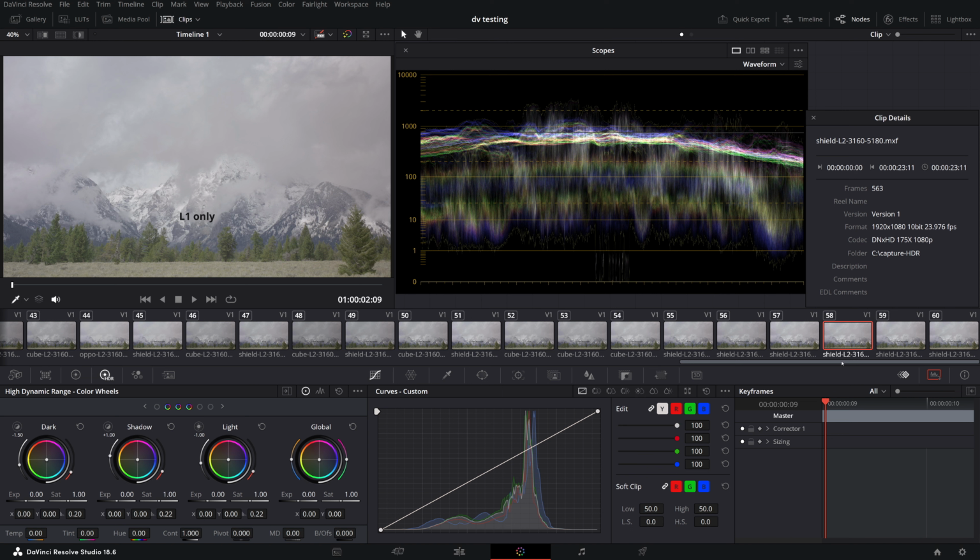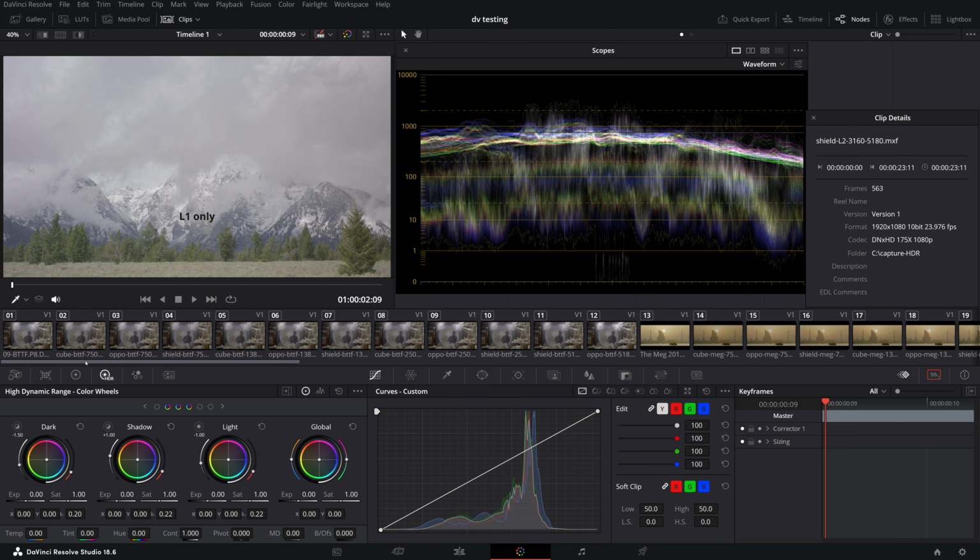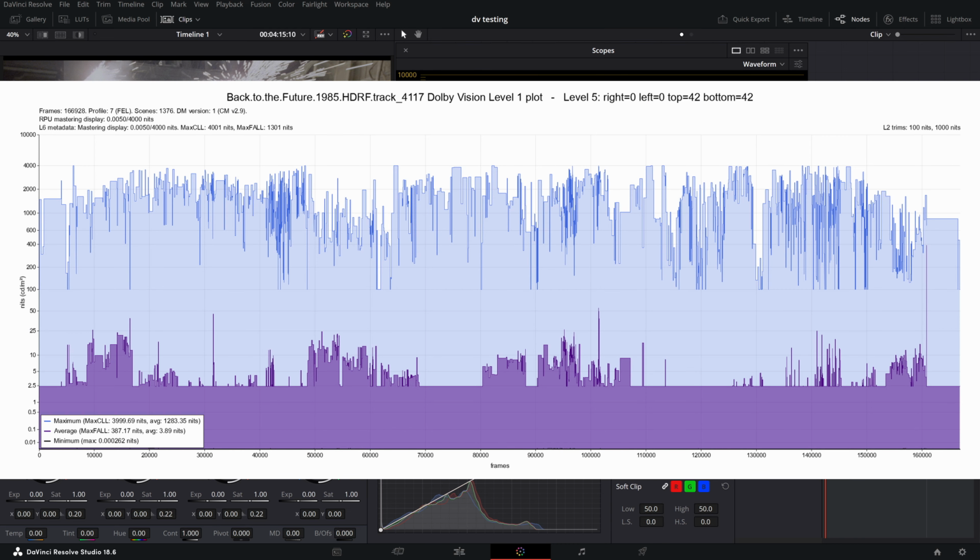But this is a theory, as we remember, it does not always correlate with reality. So now let's turn to real movies. I will not consider movies with MDL 1000 nit. Let's check only movies with an MDL of 4000 nit. The first movie, Back to the Future. It has a very interesting feature. If we look at L1, we see that MaxFall is 387 nit and MaxCLL 4000 nit.